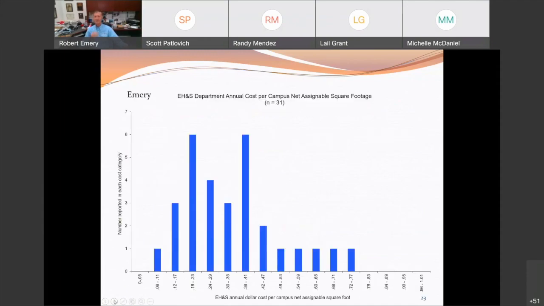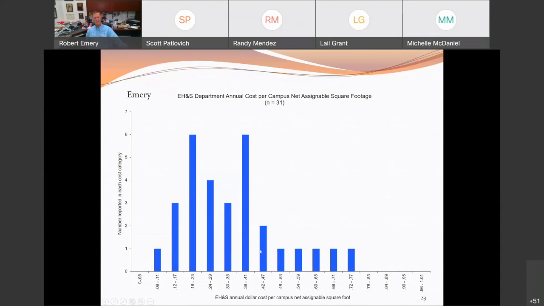Okay. Now, learning about the square footage, I thought, that's kind of interesting. And some of our colleagues were having trouble finding some of the data. So I said, here, just do me a favor. Just send me your total net assignable square footage and your EH&S budget. And lo and behold, we got this very interesting bimodal histogram, but it's a very tight range here. But it's skewed to the left here, but it's on the very low end. These are 5-cent increments here, by the way. So we're roughly 10 cents per square foot per year, all the way up to about 75 cents per square foot per year. But we can chop this tail off because I happen to know what institutions they are.